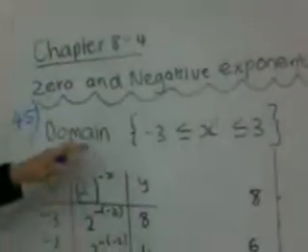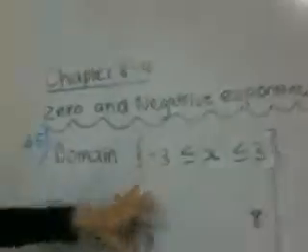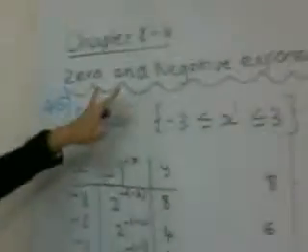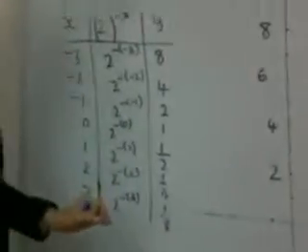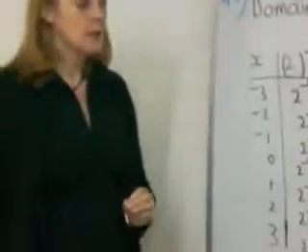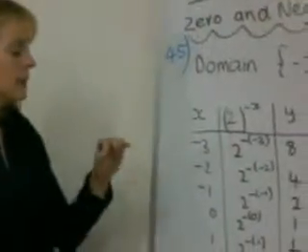Okay, so we are looking at how to graph with zero and negative exponents. This movie is about graphing zero and negative exponents using a table of values, in the same way as you use the table of values for doing your parabola and other graphs. Okay, now